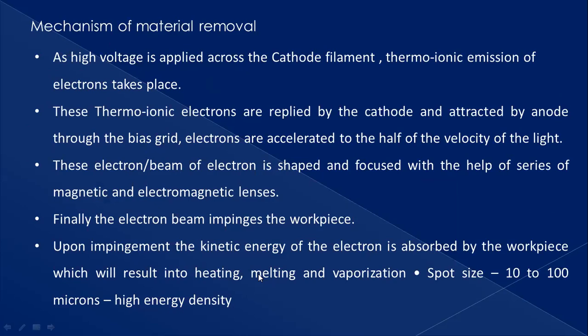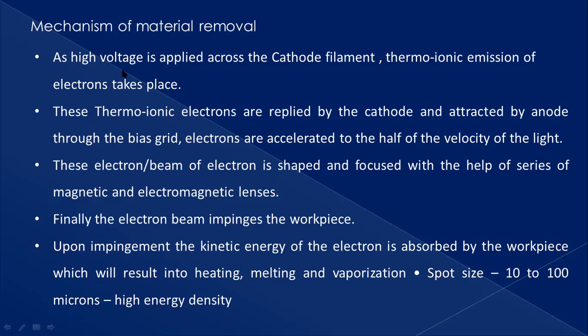Generally, we know the parameters which initiate the workpiece material removal, because it is nothing but the kinetic energy of electrons, right? It is going to change into thermal energy whenever it hits the workpiece material. That is, the electron beam is going to hit the workpiece material. The kinetic energy of this electron beam is converted to thermal energy by heating and melting. Immediately, this metal gets vaporized. Right? This is the mechanism.